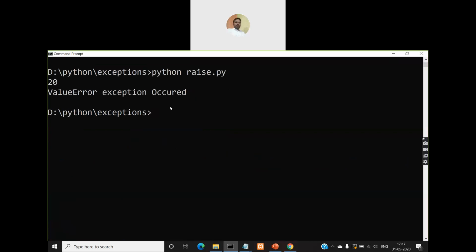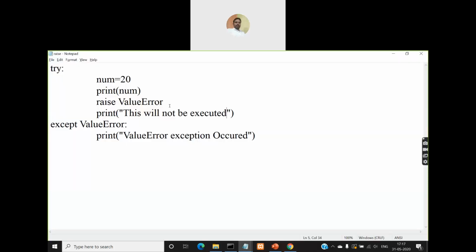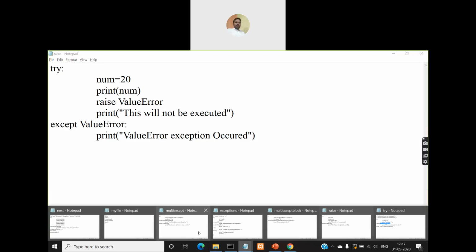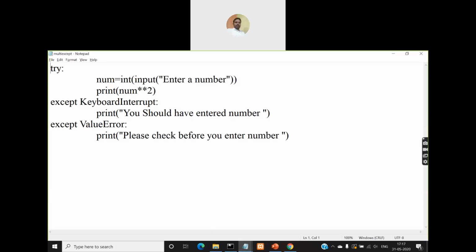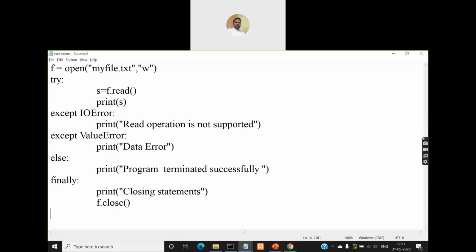The same thing happens even if we don't use the raise keyword, right? In the previous programs, let me show you how it happens. So let us take this program. In the try block, we are trying to read the content from the file, but the exception will occur. As a result, this print statement is not being executed, right? If you write anything before this, that will be executed.